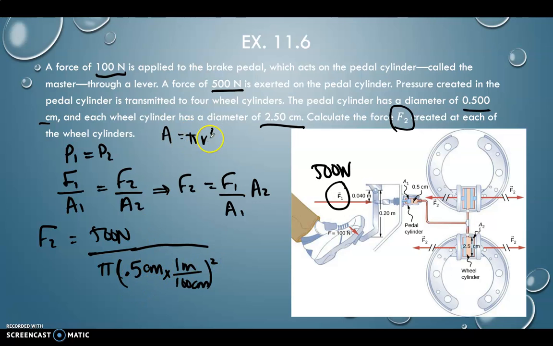And our radius, well, actually that should be divided by 2. This is our diameter, 0.5 centimeters, so we're going to divide that by 2 as well. Since it's in centimeters, actually we won't need to